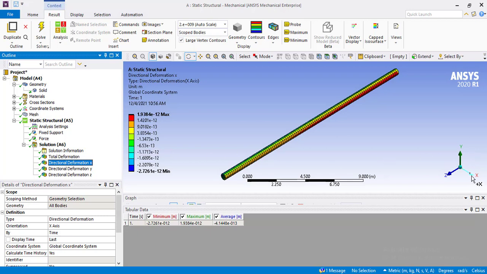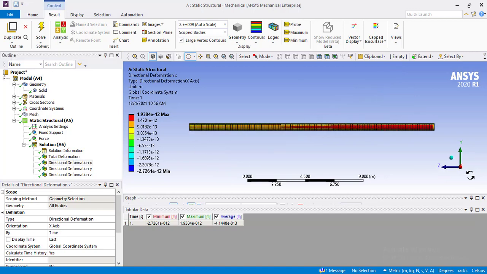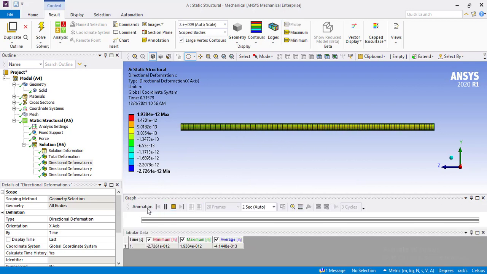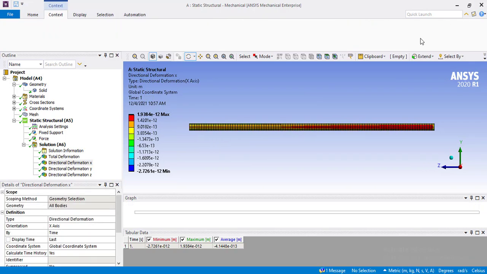Now, how is the buckling analysis different from the static structural analysis? If you go into the 2D view and animate the results, you will see that the application of compressive load only changes the length of the bar, the solid shaft. That is why it is only changing the length. When we perform the buckling analysis, we will view this effect for the same application of load. Kindly close this window. Our static structural analysis has been completed.